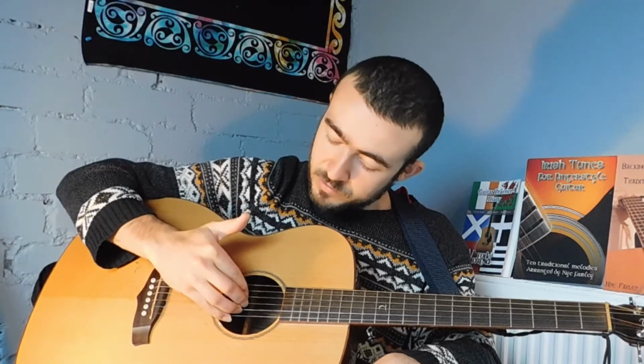Sometimes your little finger is not as fast necessarily as the other fingers, so occasionally if you've got a really fast section on maybe one of the upper 2 strings, you might want to switch your fingers so that you've got the top 3 on the G, B and E strings. But generally I find having one finger each for the top 4, so index on D, middle finger on G, ring finger on B and little finger on E, to be the easiest way, and then the bottom 2 strings, do both of them with your thumb because they're generally going to be playing the root notes. So that gives us